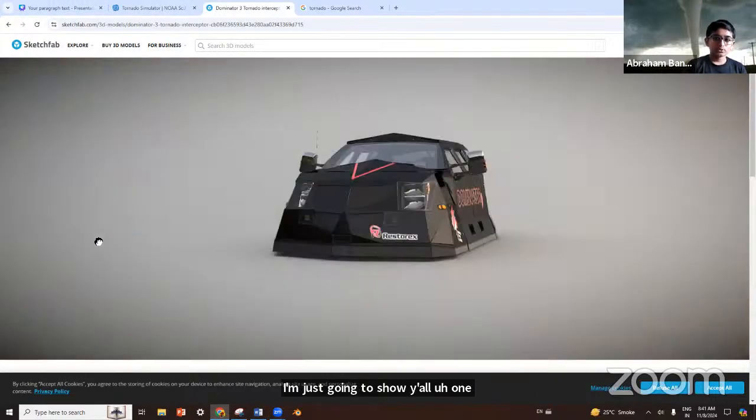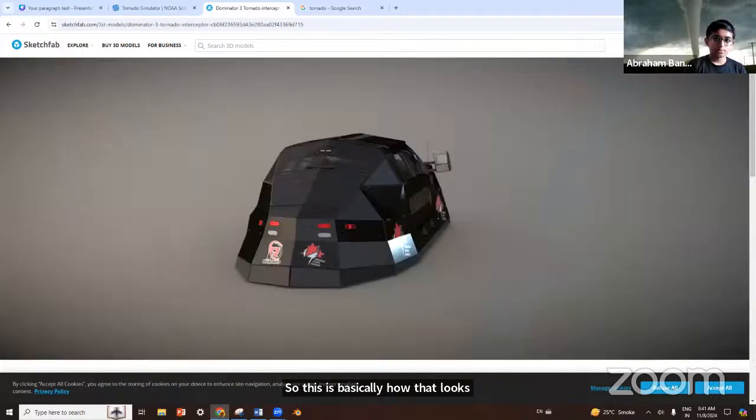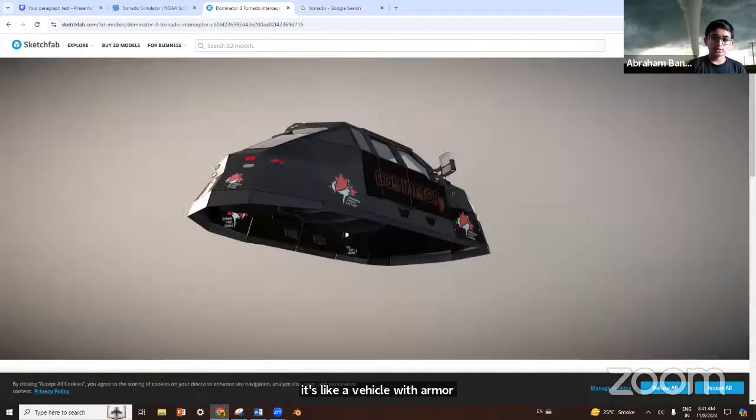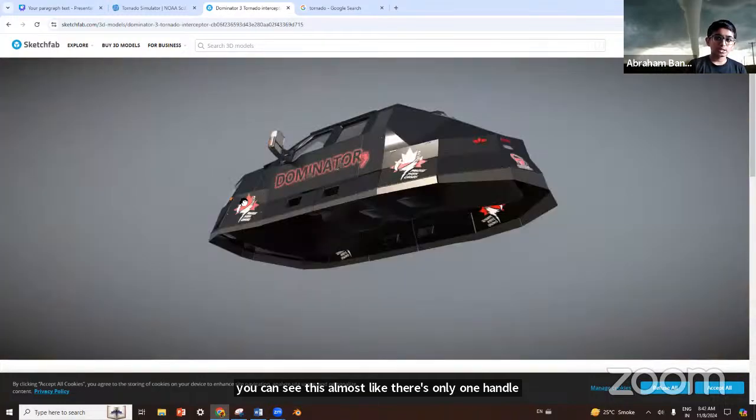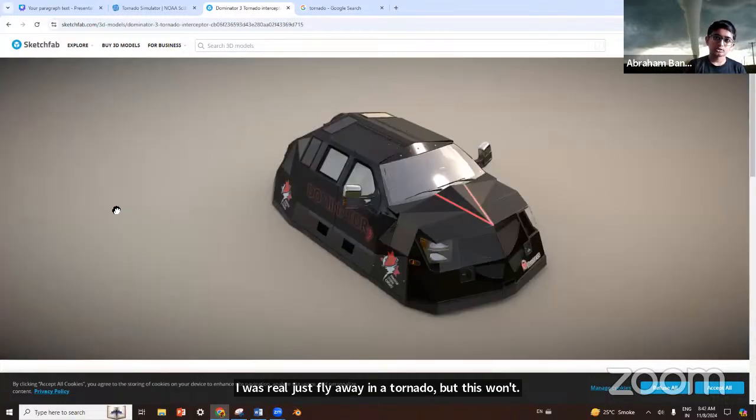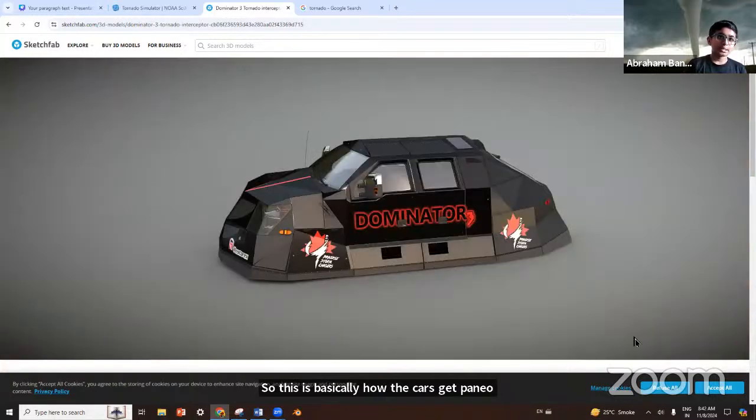It's a vehicle with plated armor, and strong. Everything is meant to be tornado resistant. On a normal car, there's only one handle, and this mirror would just fly away in a tornado, but this won't. So this is basically how the cars get tornado resistant. Now coming back to the PPT.